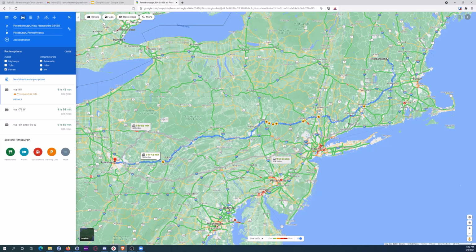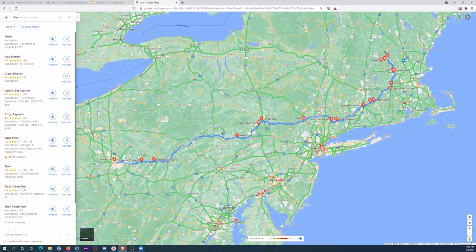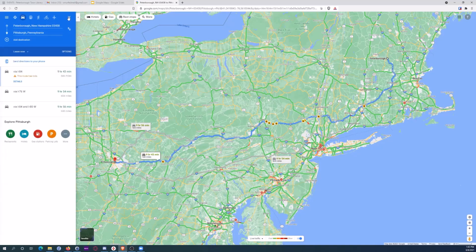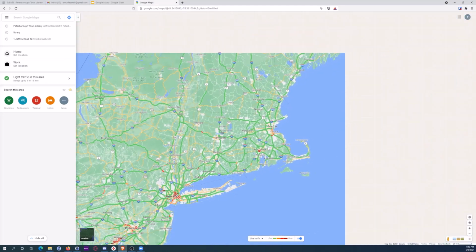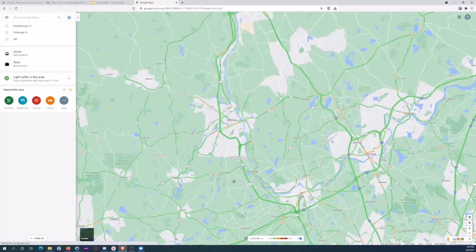But the main reason why Google's nice is it kind of does more things in general. So, the gas station thing, where you want a gas station along your route, just click on gas and it will tell you gas stations that are along the route. It also has a much more robust way to find food, things like that. But the biggest thing, in my opinion, and I kind of talked about this earlier, is let's say I have